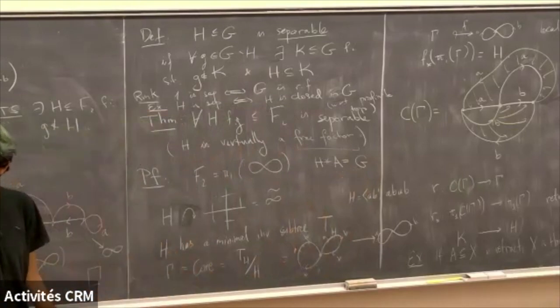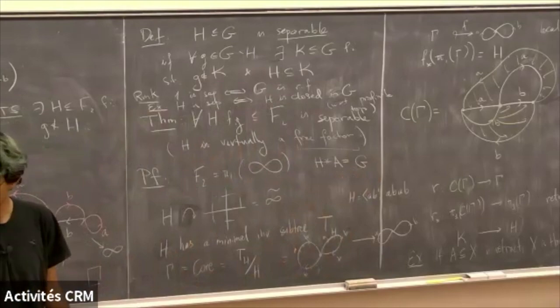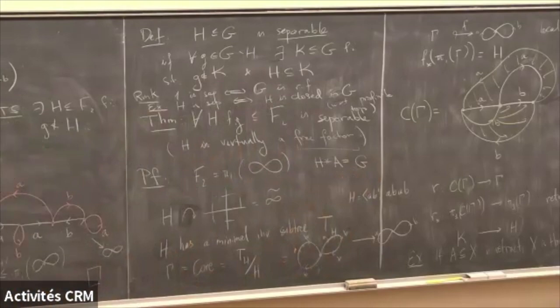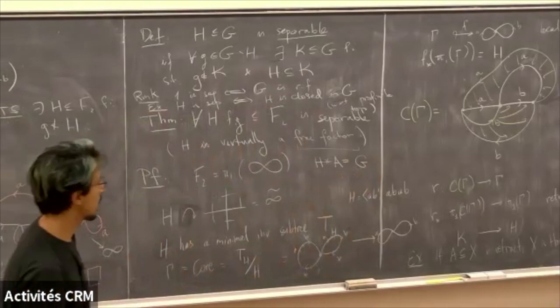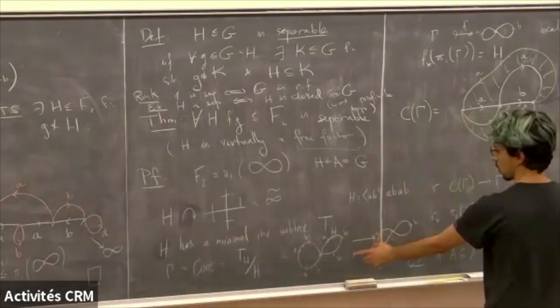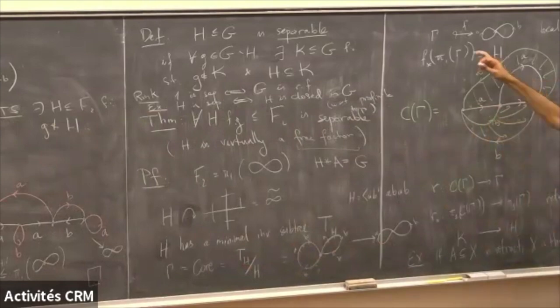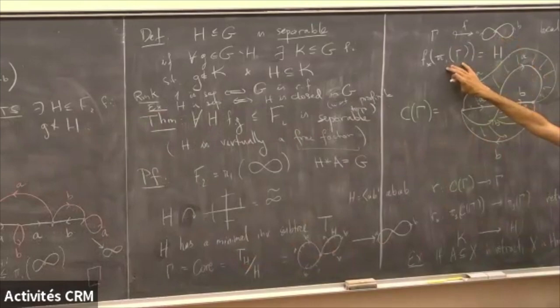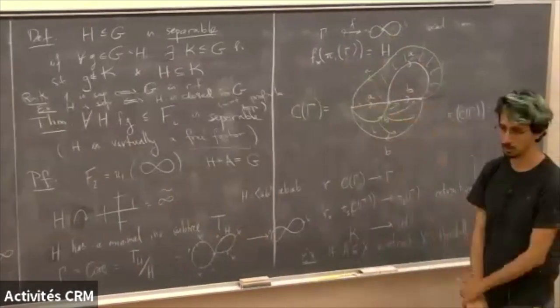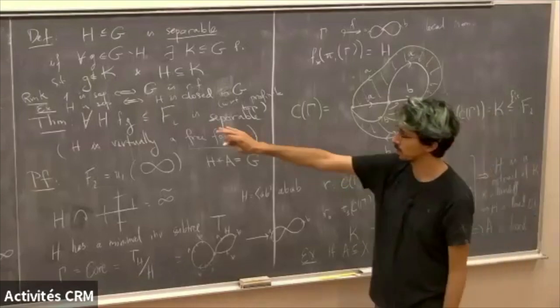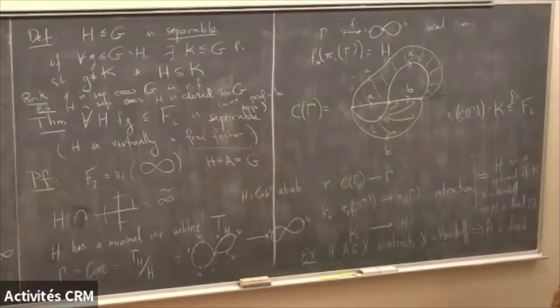Where did the part of the diagram that is in white come from? How was that part constructed? This is the core. There is some graph that locally embeds into my free group that carries all the fundamental group of H. That's the point where I use the fact that H was finitely generated.